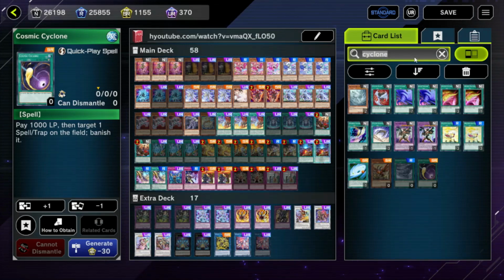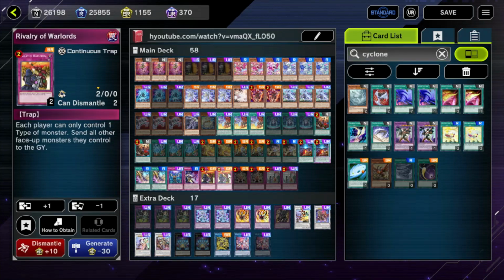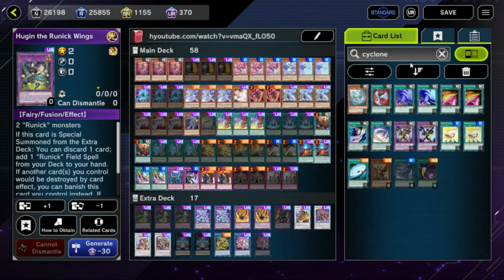Like, you could have hit a completely dead back row, for example, if you're just randomly firing it off. It's not very good. You could have been running a Danger instead, might as well have been, in some cases, unless you're being strictly floodgated by like a Rivalry and your opponent has Hugin. Then I mean, you need some non-destruction ways to out stuff. Speaking of which,